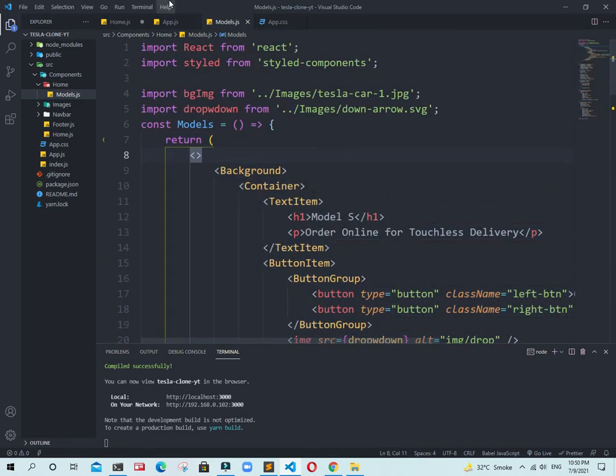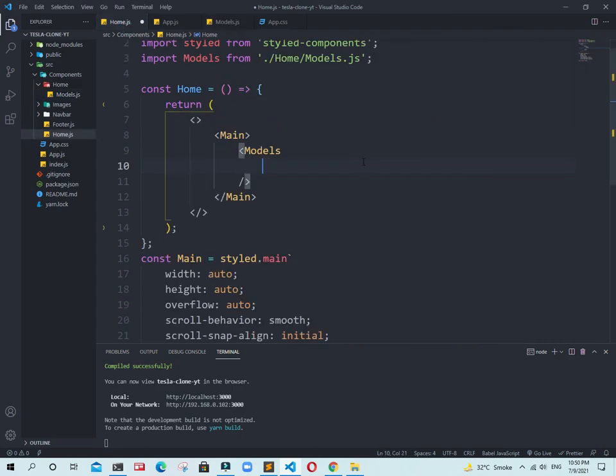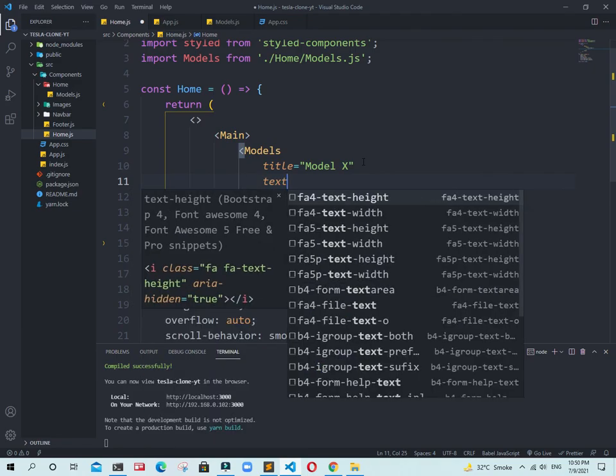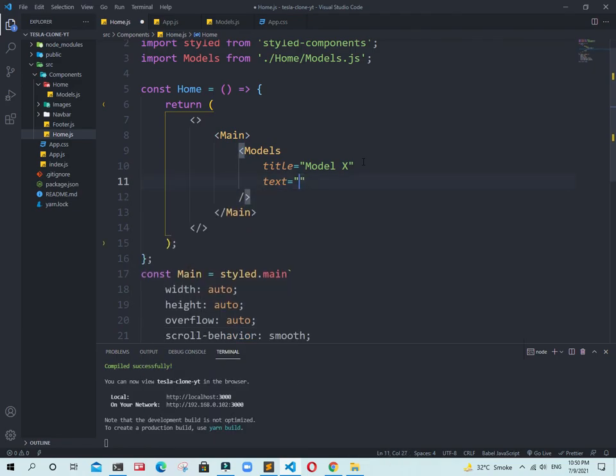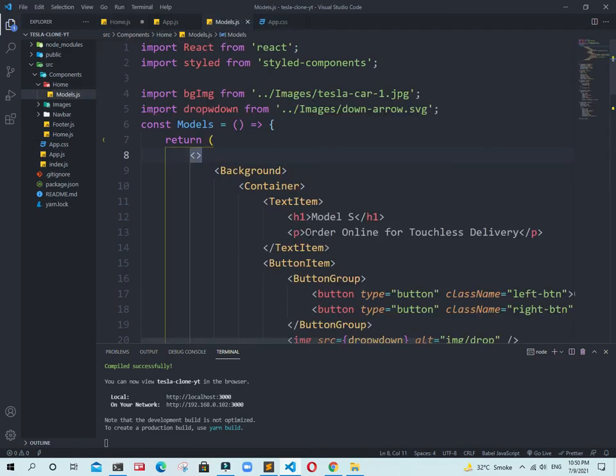So we need to add props. First I am adding the prop will be the title, which will be Model S. To show the difference I just type Model X, and the text again will be the same tagline. This is the tagline, order online for Tesla's delivery.